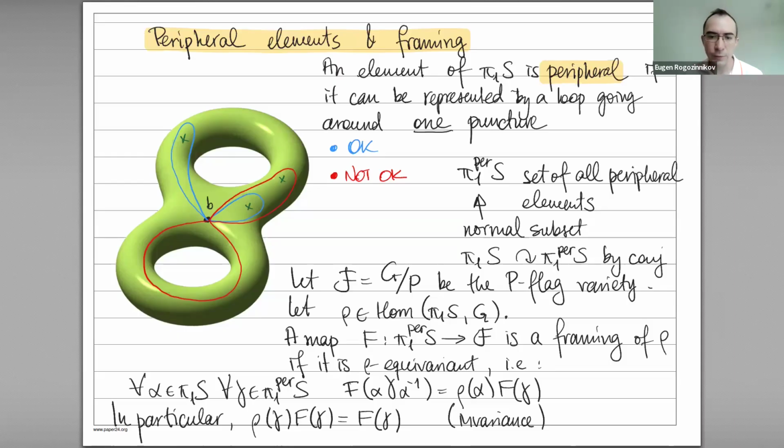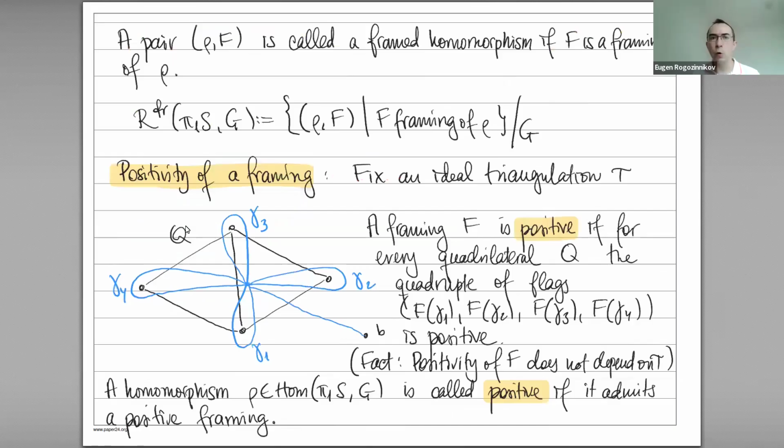And from this equivariance, we can easily deduce the invariance property. That means that if we take the flag associated to a peripheral element gamma, then it is invariant under rho of gamma. You can just take alpha equal to gamma. And this is quite an important property, which we use to parameterize the representations. And a pair rho, F is called a framed homomorphism if F is a framing of rho, and then we can define the framed character variety, the space of framed homomorphisms up to the action of the group G. So G again acts on representations by conjugation, and it acts on framings because it acts on the flag variety. And then we can define